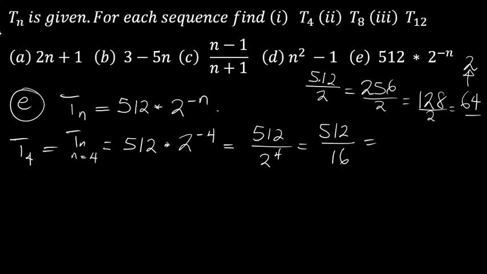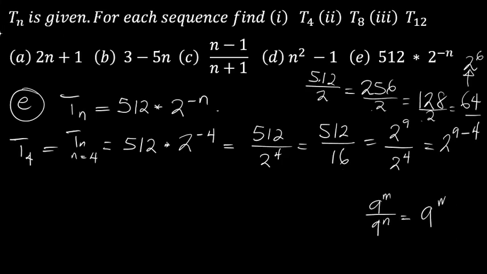2 to the power 6. It's equivalent to 2 to the power 6, and you have 1, 2, 3. So that is 2 to the power 9 all over 2 to the power 4. So this will give us 2 to the power 9 minus 4 according to the law of indices, where a raised to power m divided by a raised to power n is equal to a raised to power m minus n,